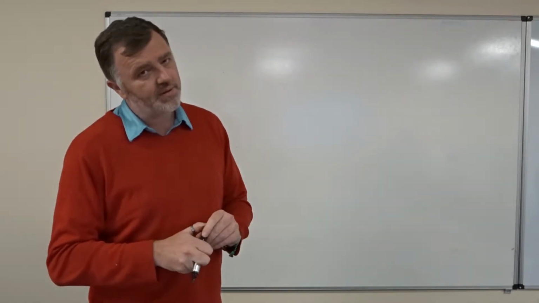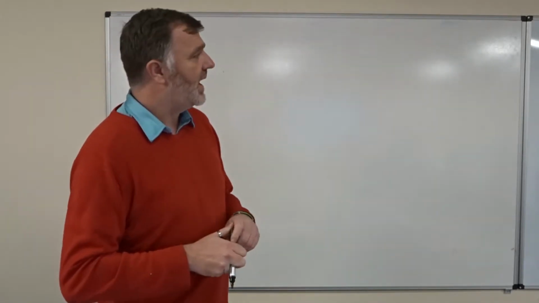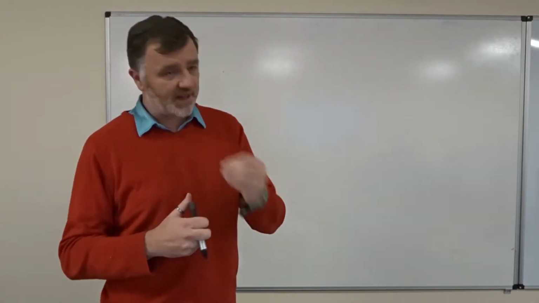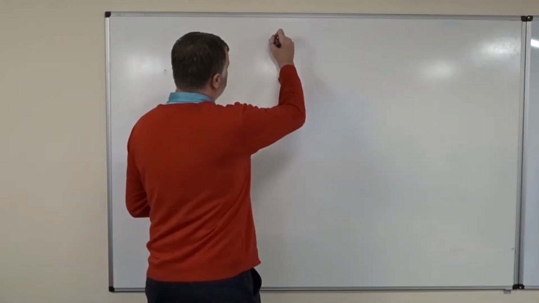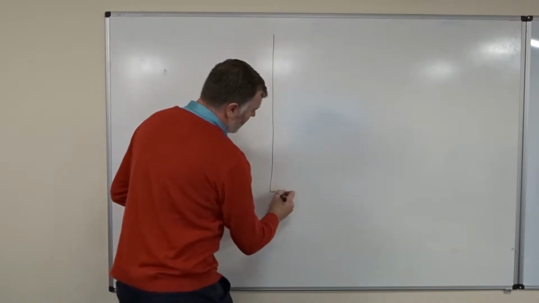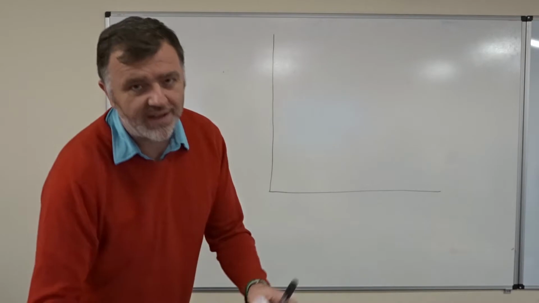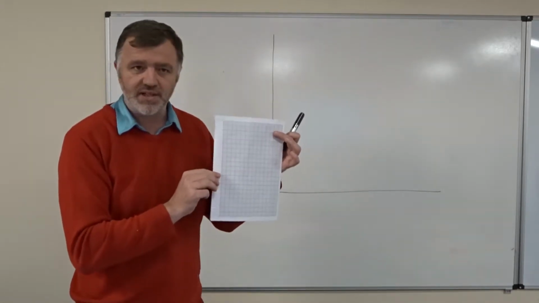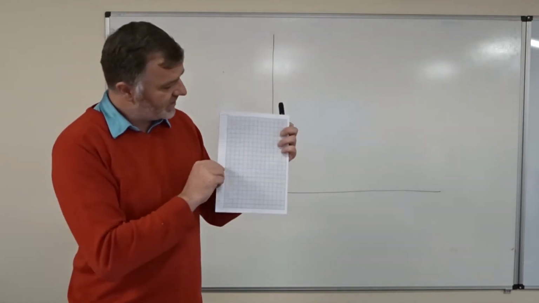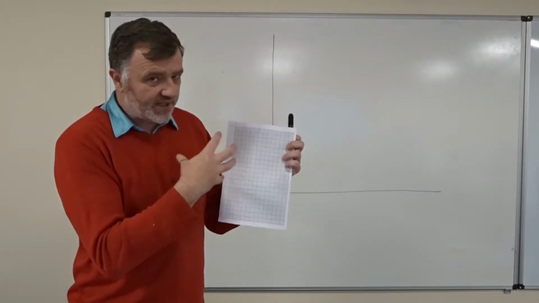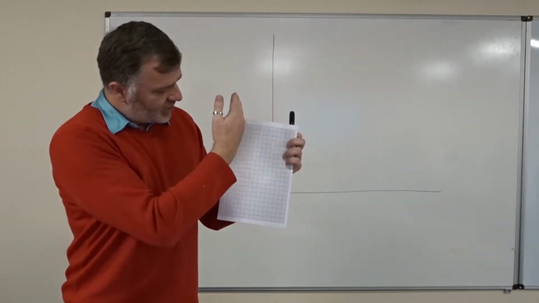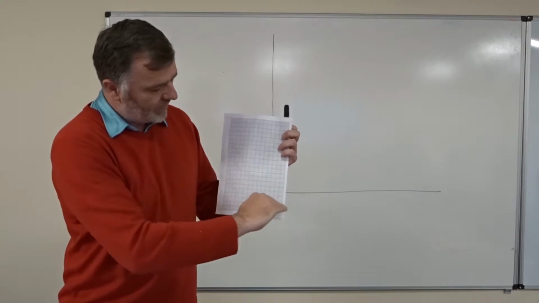So say you're given some data in the exam and it's asked you to plot it as a scatter plot. Always start by trying to make as much use of the graph paper that is given to you in the back of an ICM examination booklet. Don't be scared to use it all. You can always ask for more, but you should be trying to get as much of the graph paper used,